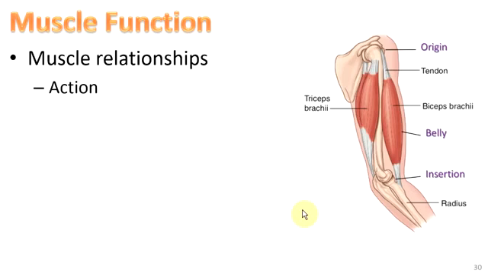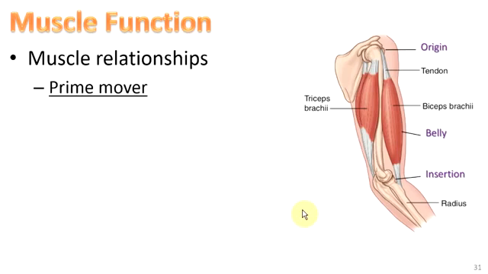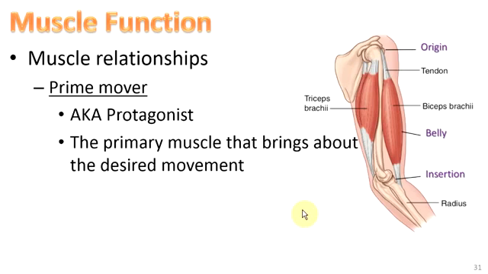Okay, so the action, as I said already, is the function, and that is just the movement that the muscle causes when it contracts. Okay, so we have these things called prime movers, also known as the protagonist, and this is the primary muscle that brings about the desired movement. So using elbow flexion, or bending the elbow, as our example here,